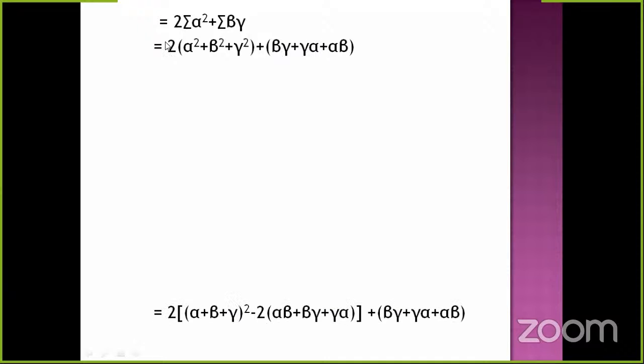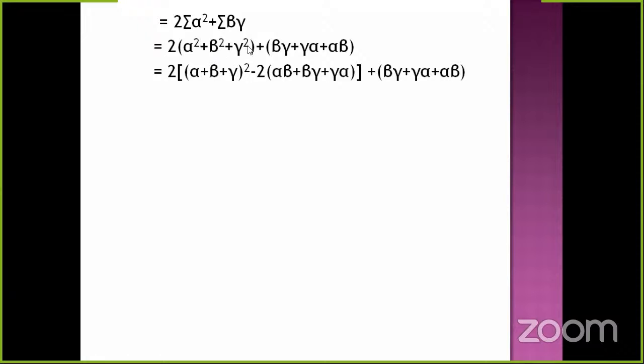Since 2 is a constant term, I can take it common. So 2 into the summation of alpha square plus the summation of beta gamma. The summation of alpha square can be opened as alpha square plus beta square plus gamma square, plus opening this, beta gamma plus gamma alpha plus alpha beta. So this is in the form of a square plus b square plus c square. By using the formula a plus b plus c whole square minus 2 into ab plus bc plus ca, I will get this condition. So opening these brackets, 2 into alpha plus beta plus gamma whole square minus 4 into the term